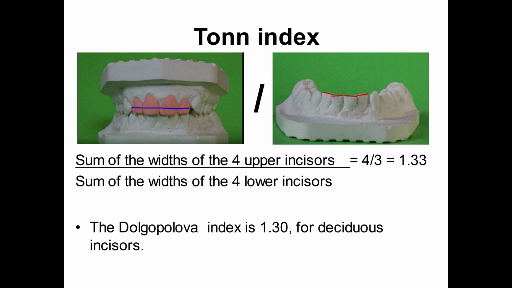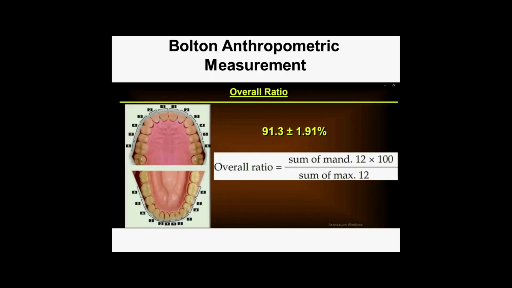Dolgopolova studied the ratio of the sums of the crown's width of the deciduous upper and lower incisors in physiological occlusion using the Tonn method and confirmed their correlation. The Dolgopolova index is 1.3. Next method is Bolton anthropometric measurement. The mesodistal dimensions